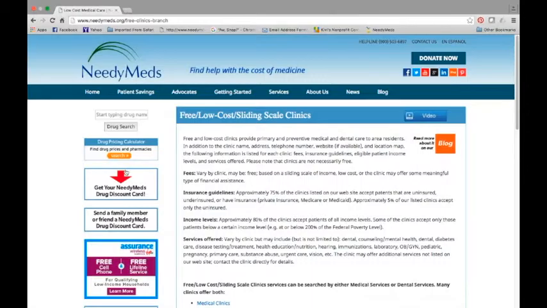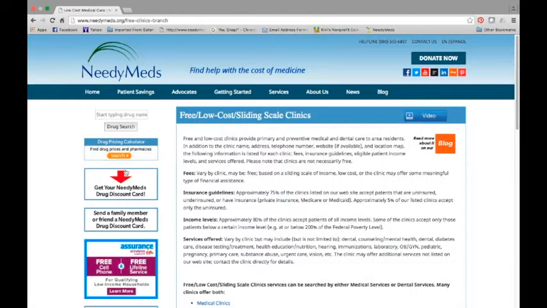It also includes women's health centers and even locations for STD testing. These clinics are a great option for those, let's say, with medical but not dental coverage, or vice versa, for those who find themselves without a primary care physician, and certainly a great alternative to an emergency room visit for those who may visit an ER, not because it is necessarily a medical emergency, but maybe because they feel they